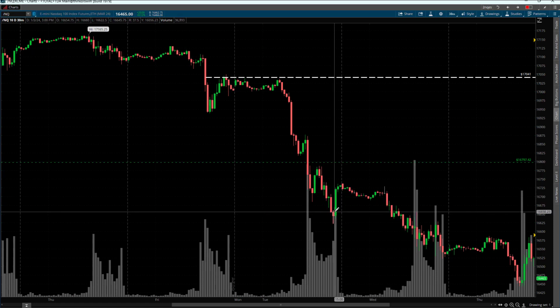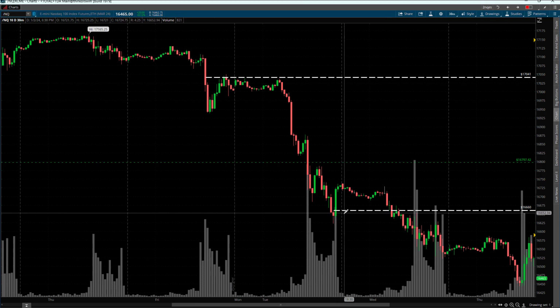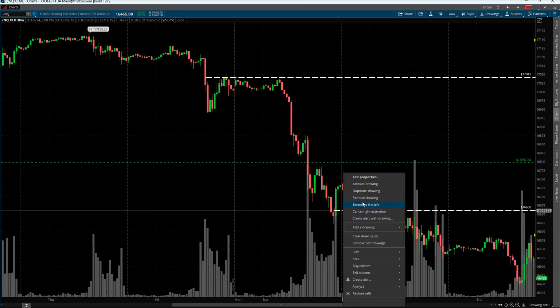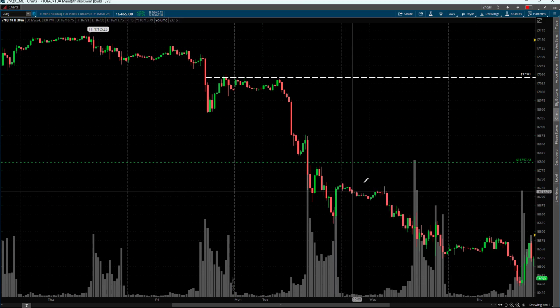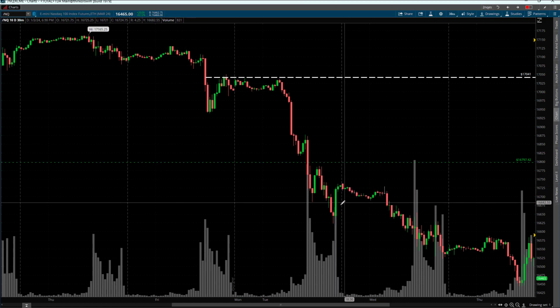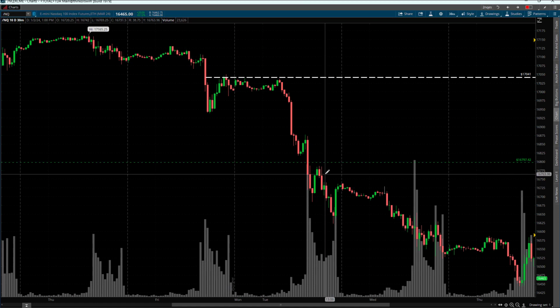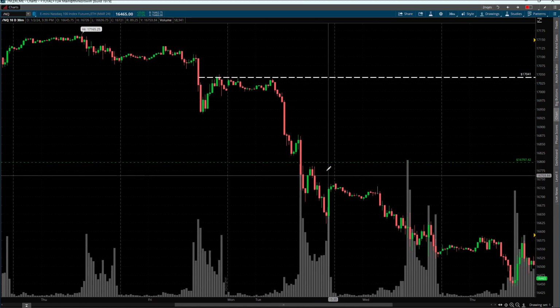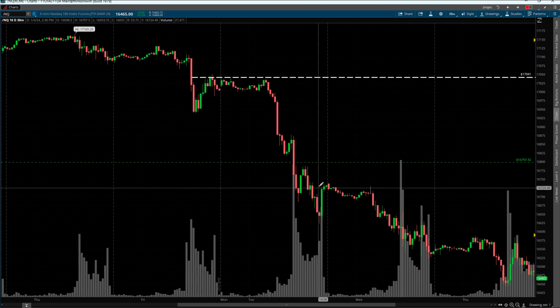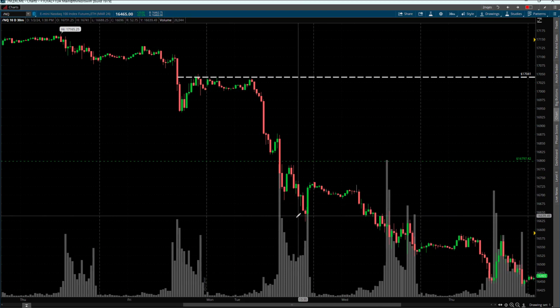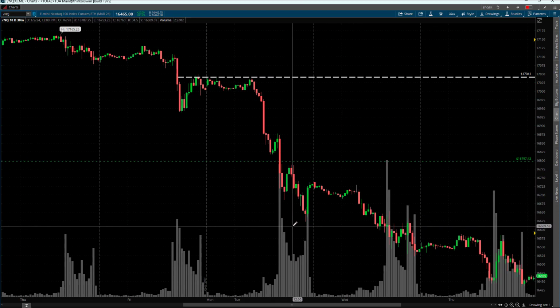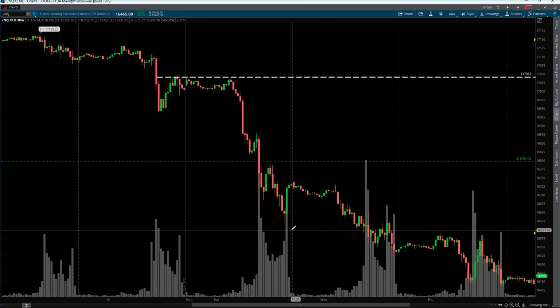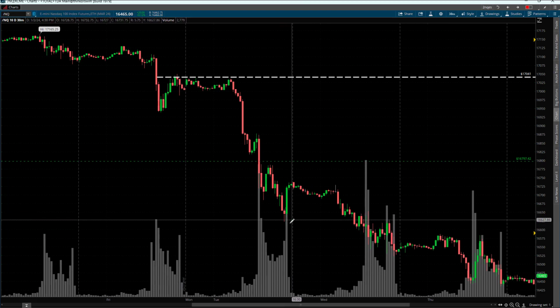Same thing down here. Once we close that bar, do not let the market or your position, I mean, of course the market's going to do what it's going to do, but don't let your position, if you're short, move back against that high, because you're giving up, you're not capturing the profit. You stayed patient, you stayed short, but you don't want to stick around for too long. You have to realize when you're wrong. There will always be a counter trend trade. You don't have to trade that counter trend trade, but you don't want to stay in it when you're short a position. So just keep that in mind.